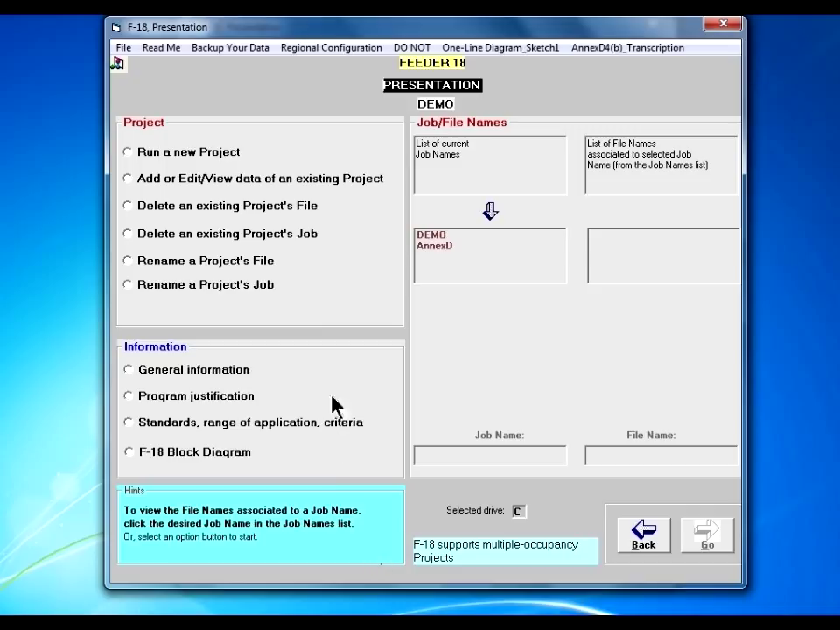Let's examine now the information on the right side of the screen, related to job and file names. The idea of a project consists of 2 elements, a job name and a file name. A job name may contain several file names. These combinations help to better organize the projects. Now, with a basic understanding of the program, we are ready to start a new project from the next D